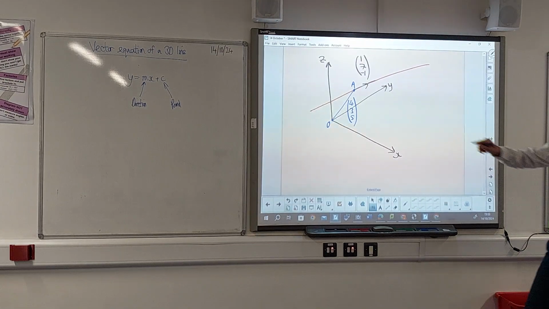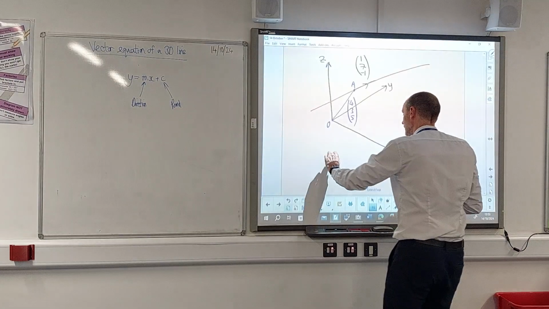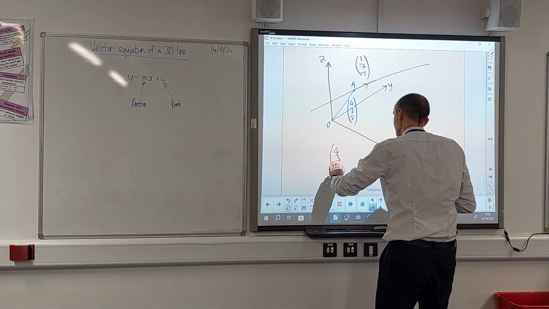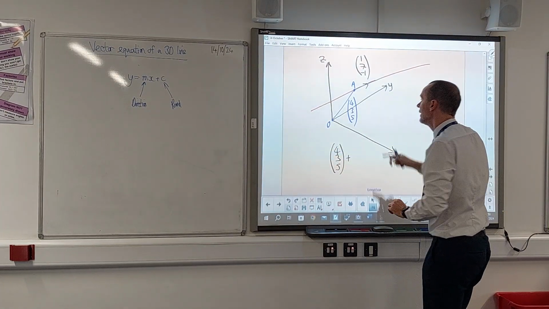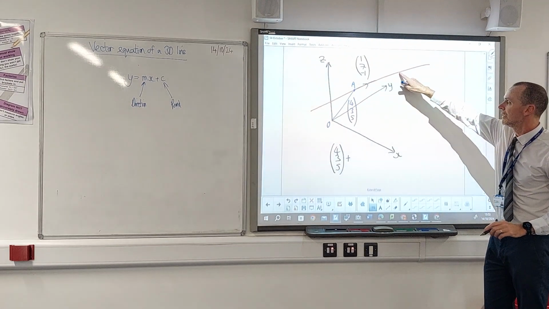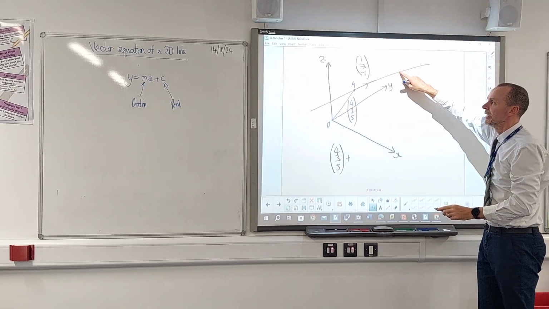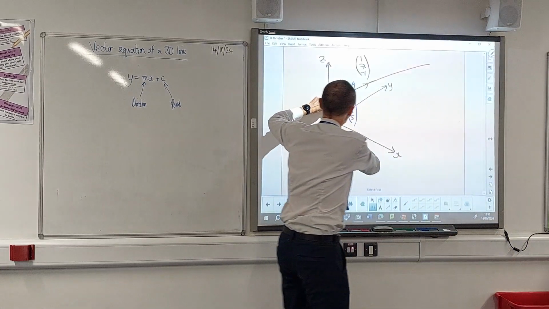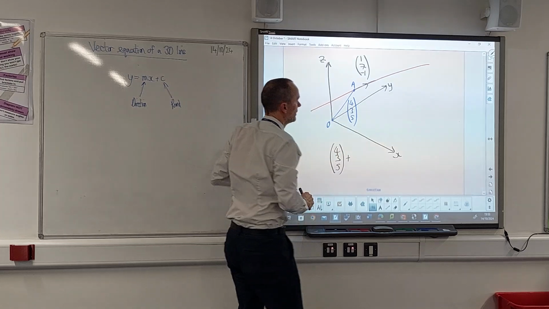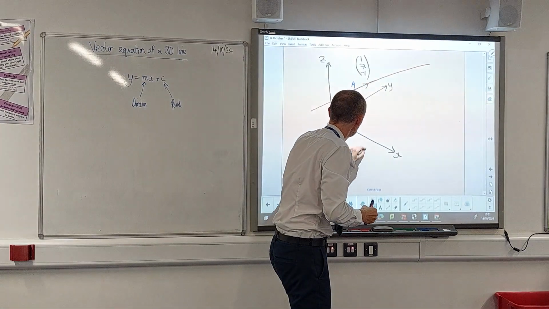So I know that anywhere on that red line I can get to by jumping on and then doing some multiple of that direction. So if I want to get here, I jump on and do 2 lots of (1, 7, -1). And if I want to get here, I jump on and do -1 lots of (1, 7, -1). So what we do is we